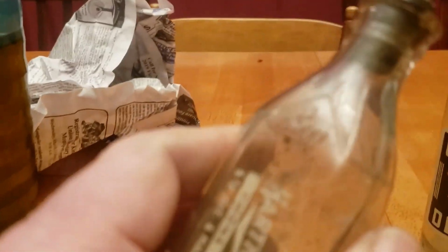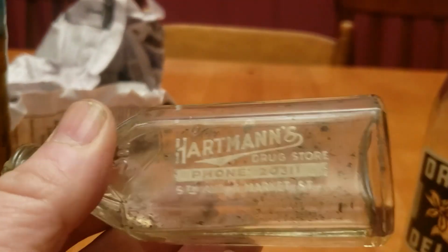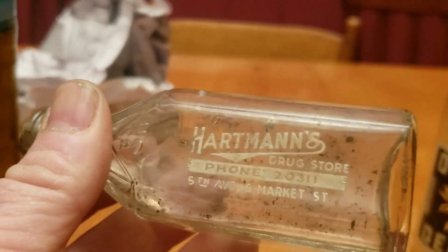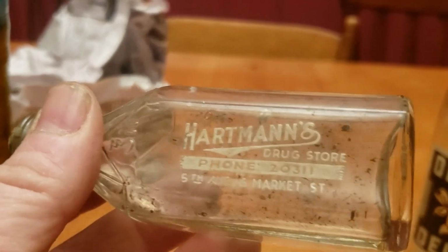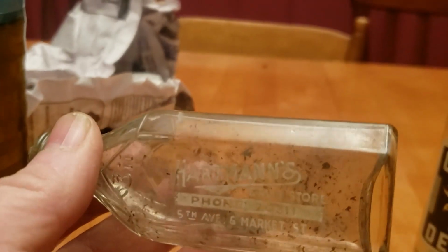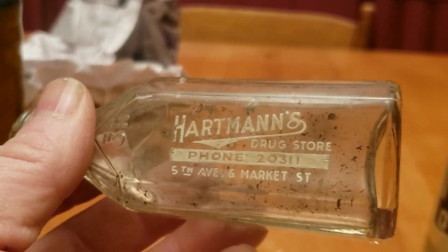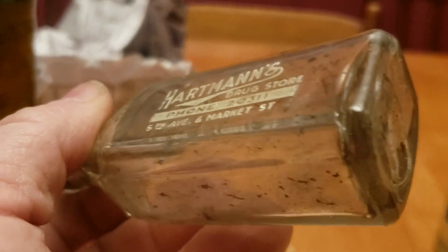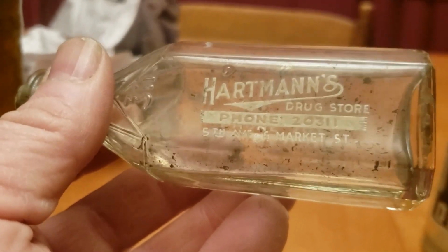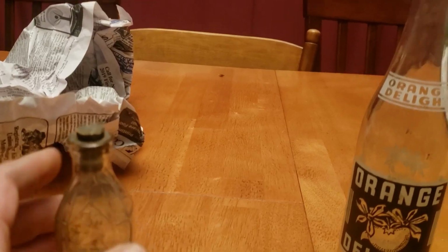And corks in it. Obviously it's newer. I'm thinking probably 1920s or 30s, but good enough for me. You dig these, they're usually pretty rough on the lettering and stuff. This one's just dirty on the inside. It's not actually the lettering. It's dirty. And one last thing that I purchased there,